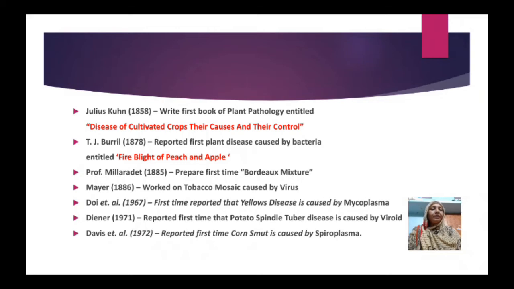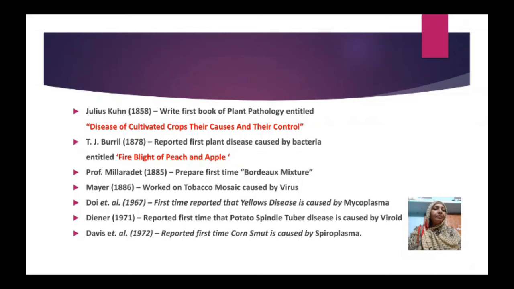In 1858, Julius Kuhn for the first time wrote a book on plant pathology. The title of his book was Diseases of Cultivated Crops, Their Causes and Their Control. In 1878, T.J. Burrill reported the first plant disease caused by bacteria. To this disease he gave the name fire blight of pear and apple. In 1885, for the first time,